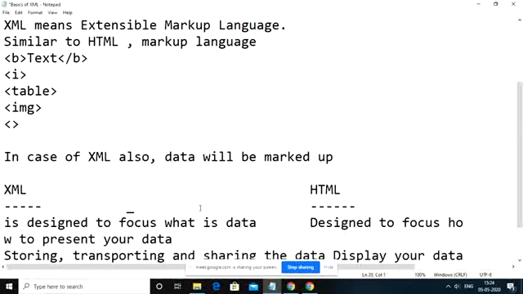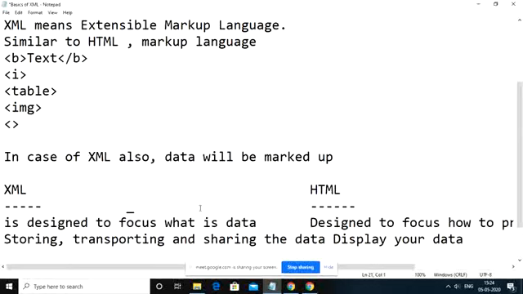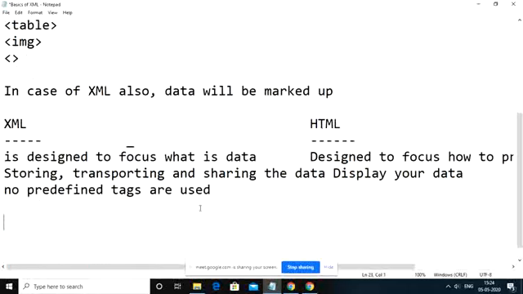At the same time, XML language does not use any predefined tags. No predefined tags are used in case of XML language. But in case of HTML language, predefined tags are available.